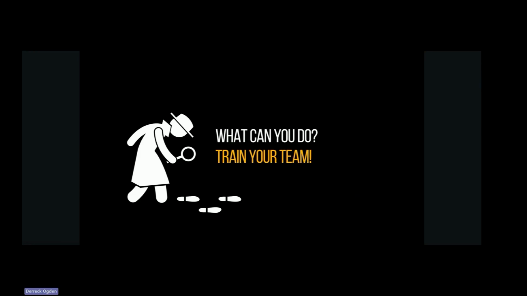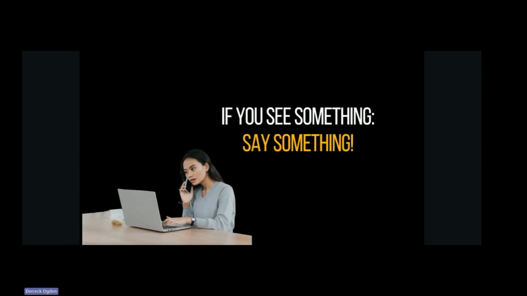So train your team. If you see something, say something. Everybody should have open communication about anything weird that might have happened on their network, anything weird that's happening on their email, anything that's happening on their local systems or their computers. A lot of us have personal devices that we're using to access email. If somebody's personal device gets hacked, they need to say something, right? If they have access to email or any other systems on there, this Central Reach app, anything like that, that compromised device could compromise that system that it's connected to.